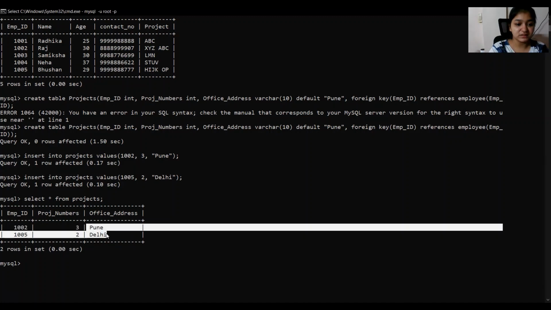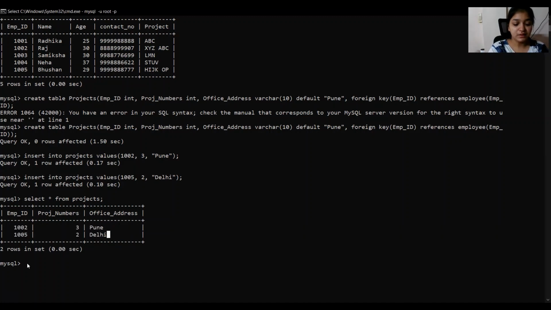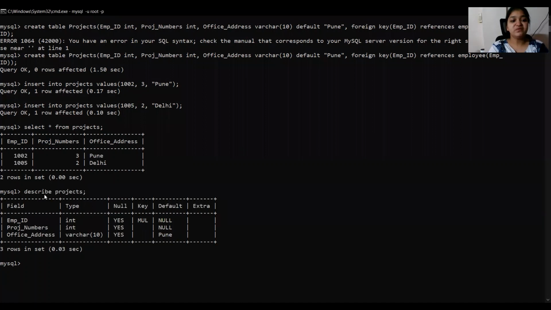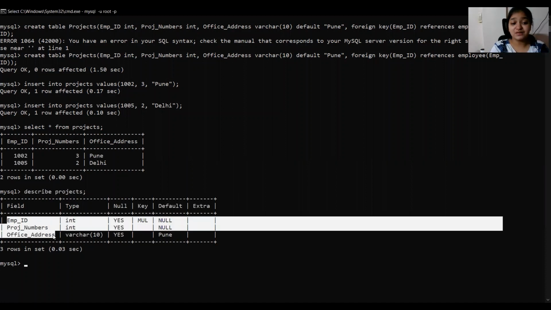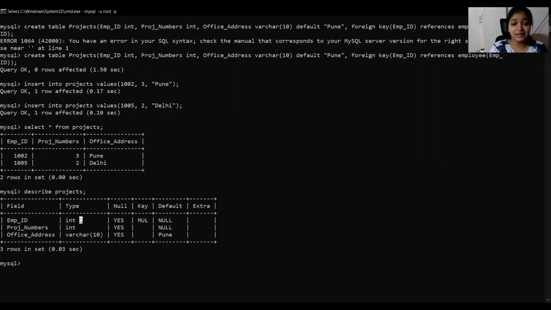We have inserted it. Now let's see what describe projects tells us. So when we write describe and the name of the table, it shows all the attributes of our table, their types. It shows us if we can leave any of the attribute null or not, and what is the key and everything.